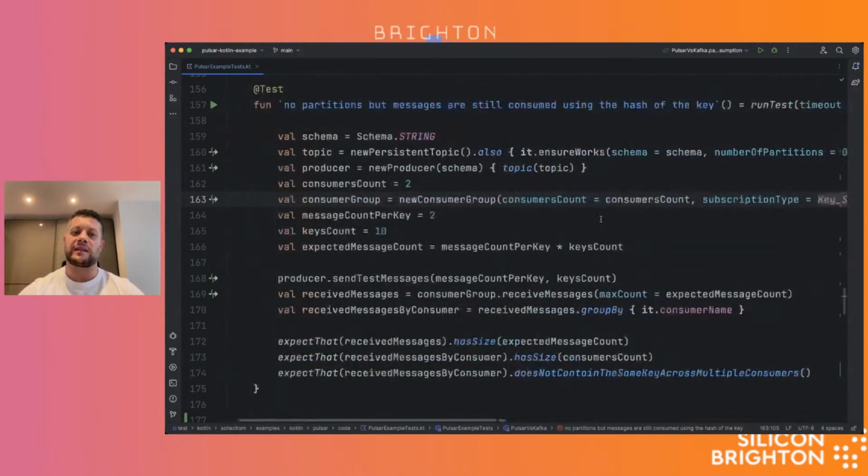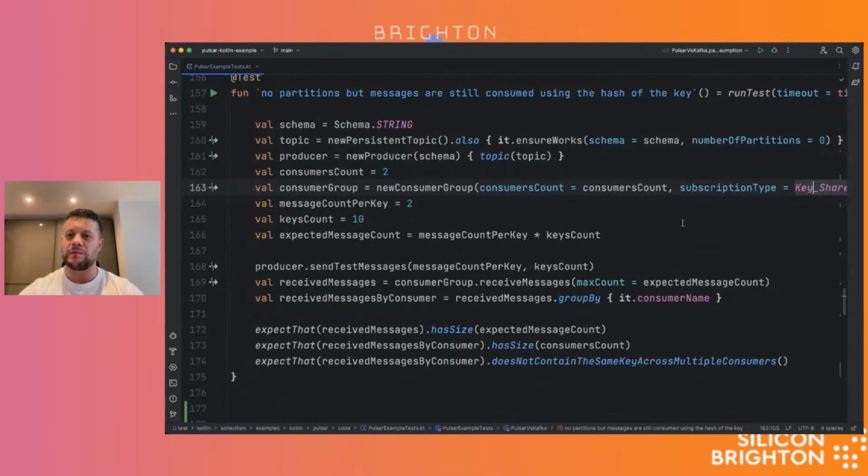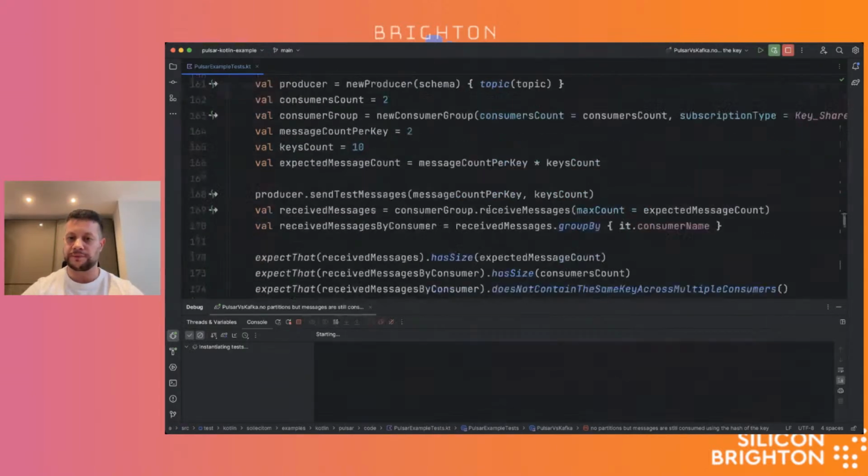This guarantees that all the messages with the same key will be processed exclusively by 1 consumer or the other using consistent hashing, like if I had 2 partitions or any number of partitions, but without having any partitions at all. Once again, this is not possible using Apache Kafka.